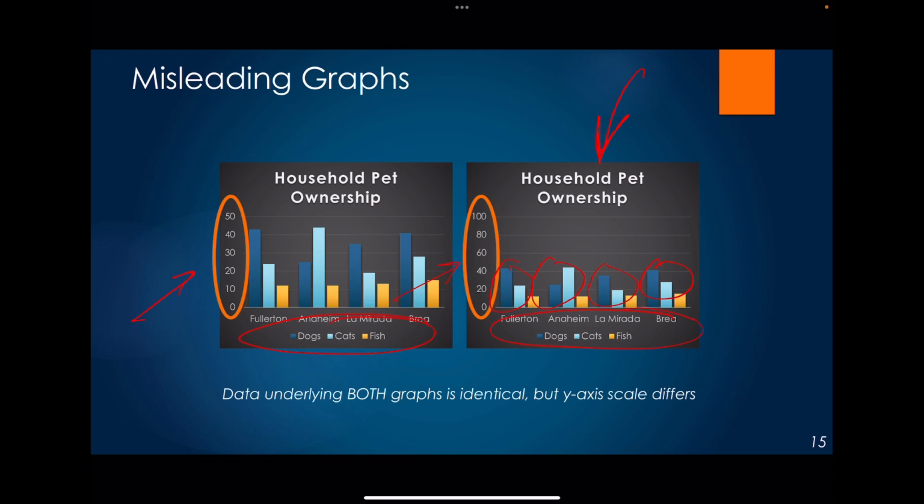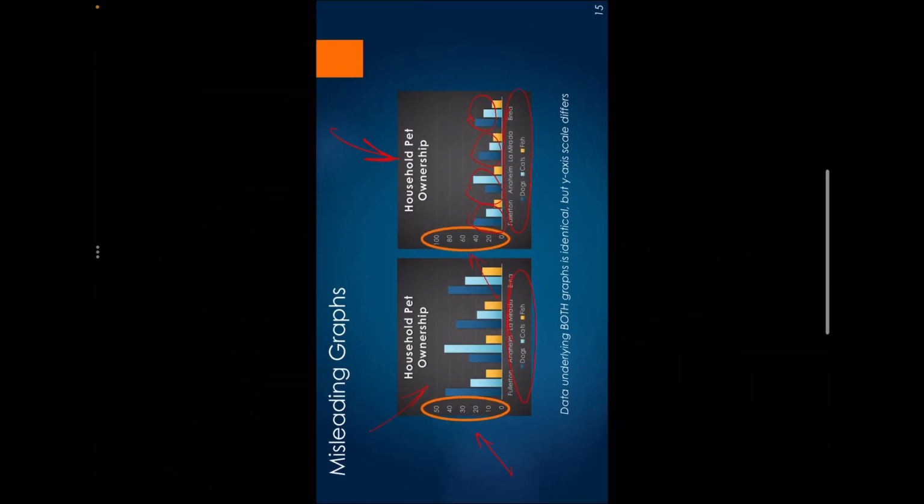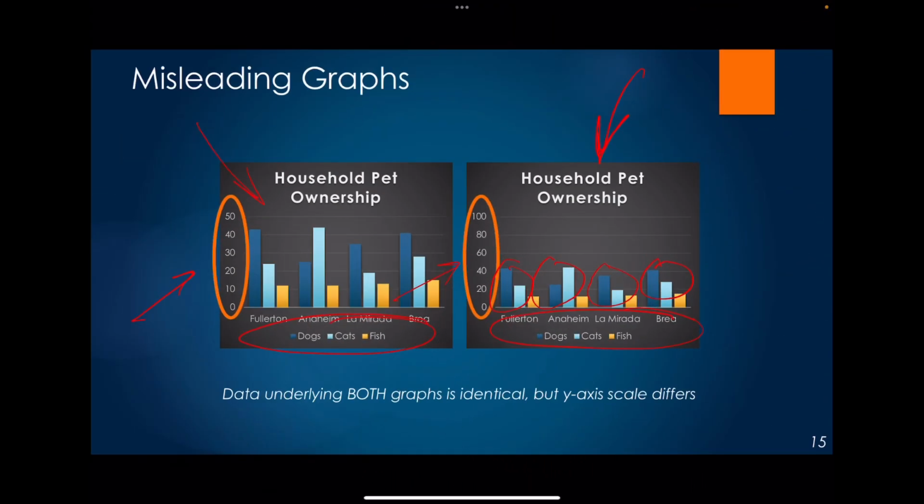I don't know why you would do that, but let's say you hate animals and you might be like, oh my gosh, look how rampant these pets are. They're just all over the place. I can't even think of a reason why you would do that, but that's just an example, right? So a lot of times on the internet, and I'm sure you guys have maybe experienced this, they give you the information and twist it in a way to make you feel or think a certain way,